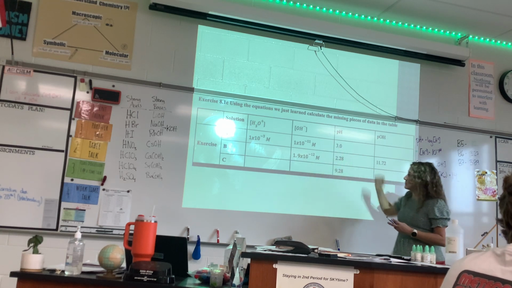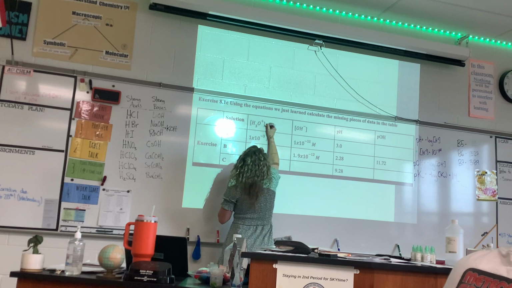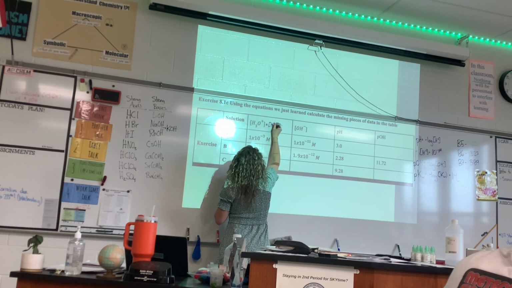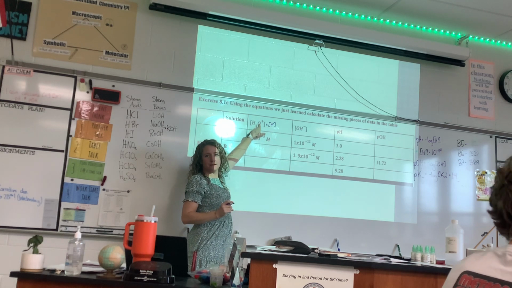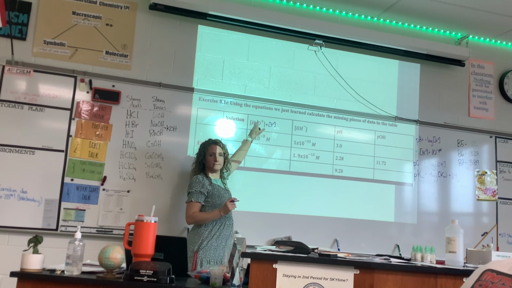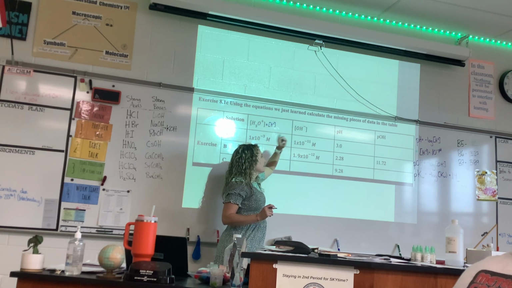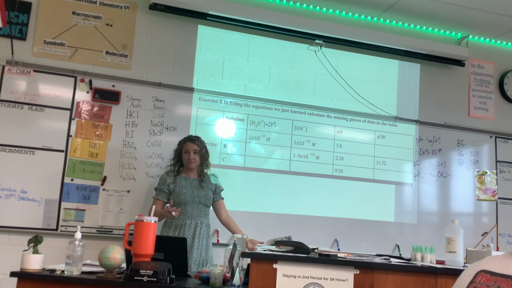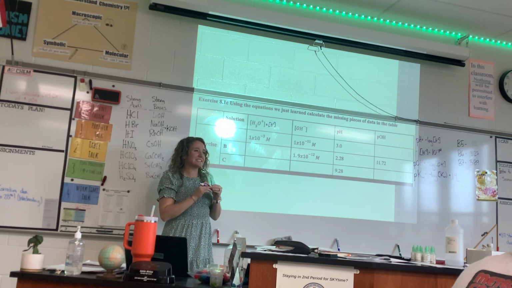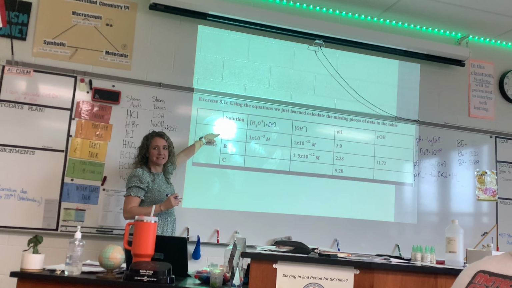So looking at our first one here, I have the H3O+, which remember, this is the same thing as H+, this is its nickname, this is its real name, but they're one and the same. We have how much OH there is. It told us the pH, and then we need to find the pOH. First thing, let's look at what's given. From what's given, do I already know if this is an acid or a base? No,